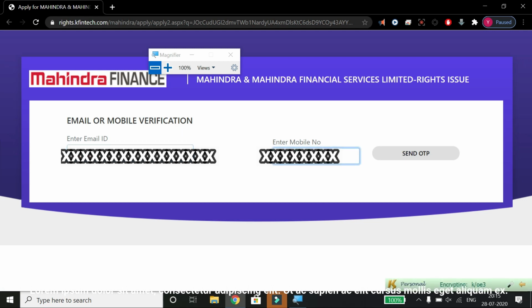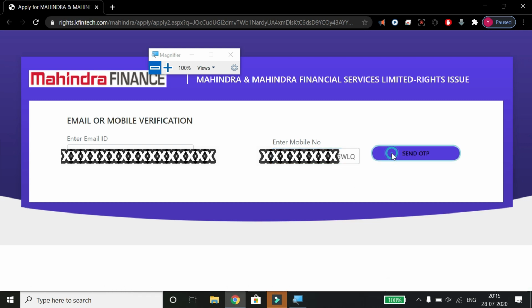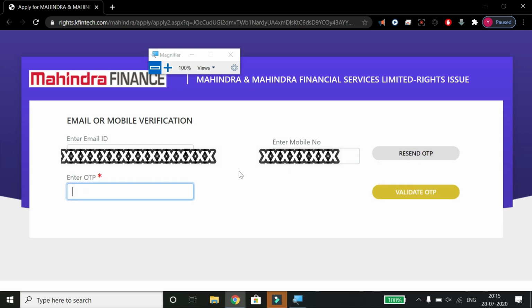Now it also confirms your email ID and mobile verification, so enter your email ID and mobile number and click send OTP. This OTP process does take time. At times it takes 2 to 3 minutes, so be patient. Once you get the OTP, enter the OTP here.